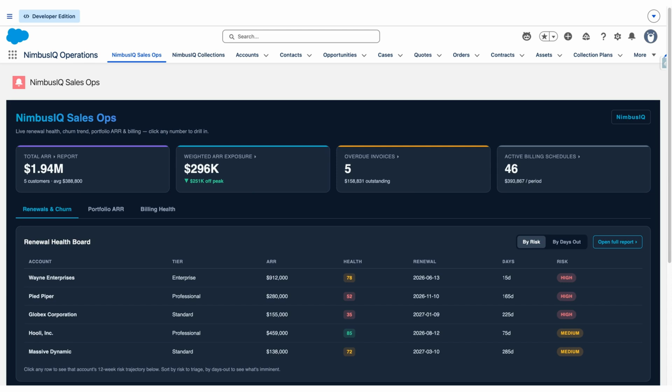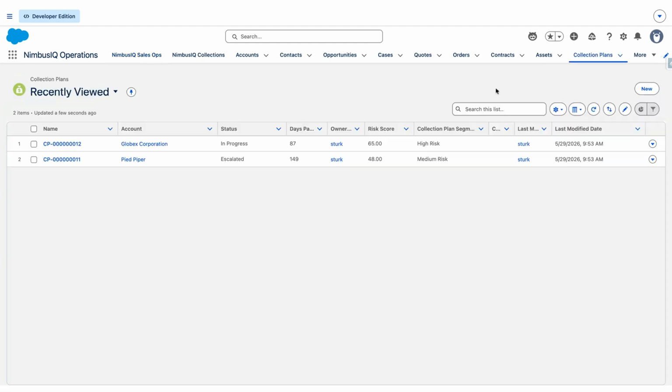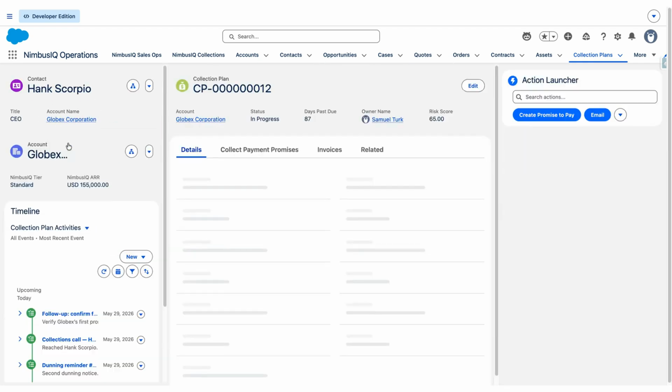All right, so last few items here, we're going to go into collections. So when customers haven't paid on time, it's very straightforward to automate what's called a collection plan, which essentially is a list of activities and automated reminders and things of that nature related to overdue or delinquent accounts that you can have auto created. So I'll go over to this collections plan tab as an example and click into one